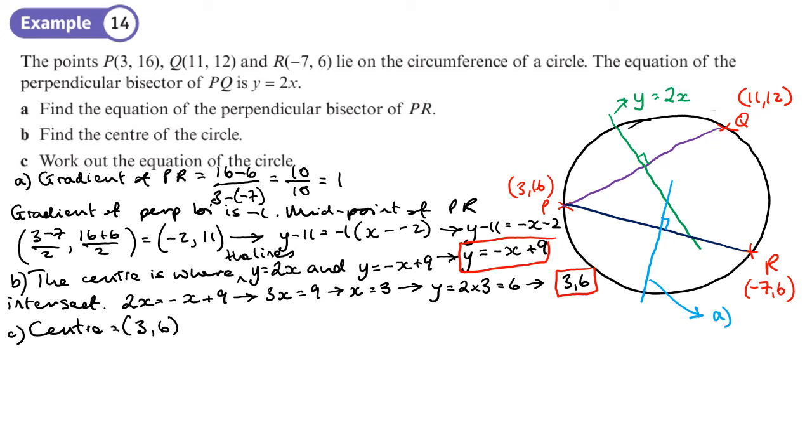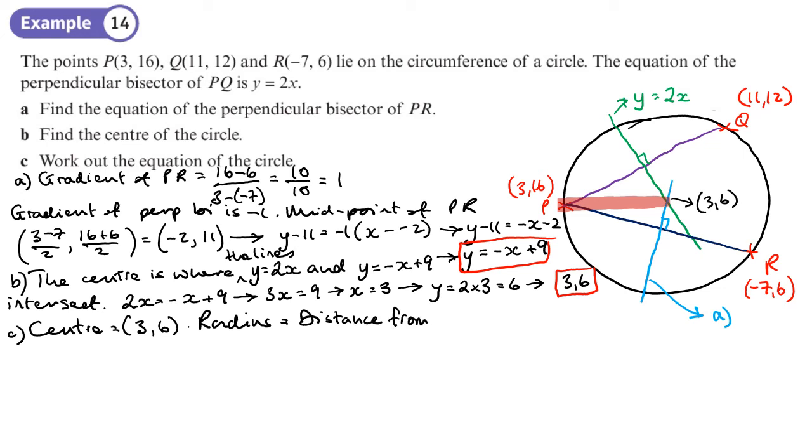So what I'm doing now is I'm working out this distance here, and I know the coordinate of the centre, so that is 3, 6. So I'm basically finding the distance between the point 3, 6 and the point 3, 16. I'm finding the length of that. Okay, so I'll just write down radius equals distance